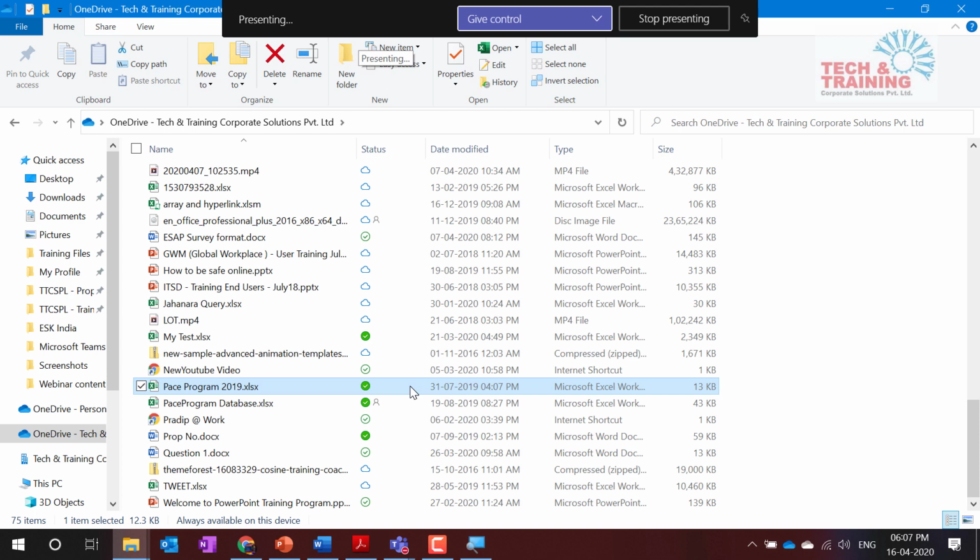That entire file will get uploaded. So never sync PST file. Okay. So there are a lot of other things like your OneDrive can handle up to 30 lakh files, but Microsoft recommend it to be around 3 lakh files, but it has got the capacity to manage up to 30 lakh files.